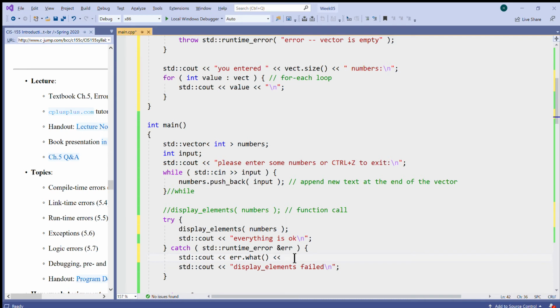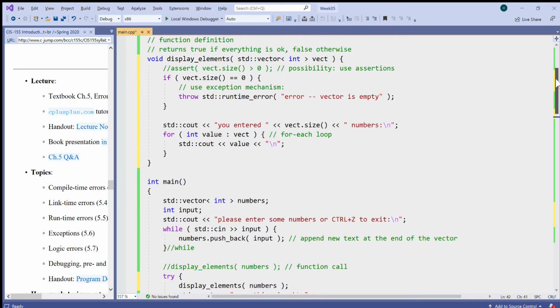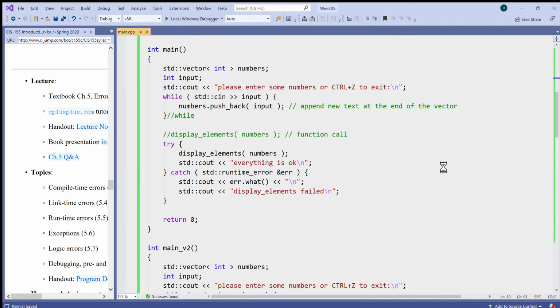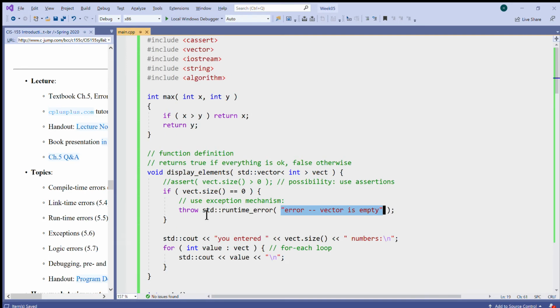So we will display what, and the what simply returns a very simple mechanism. It returns the message that we were able to supply, right? Error vector is empty. Okay, so let's test it, except that this is a standard library facility, runtime error, and we need another header